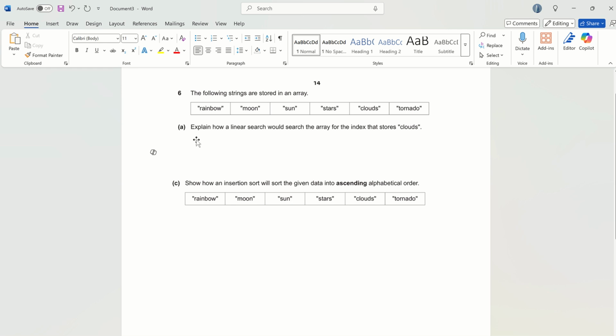Okay, so again, this is one of those questions where a lot of silly marks were lost. And this is down to exam technique, a lot of it, if I'm honest with you. Some of you assumed insertion sort was merge sort. Some of you definitely went off on the wrong tangents. But